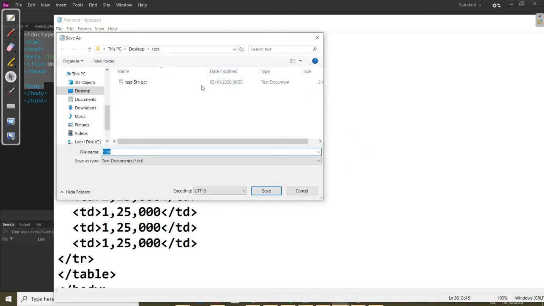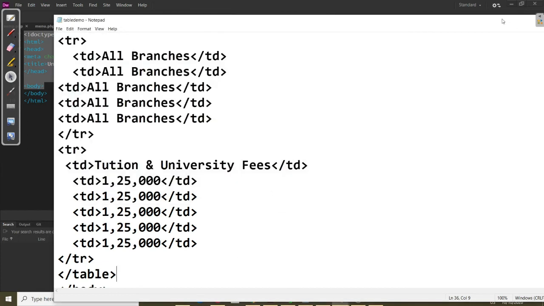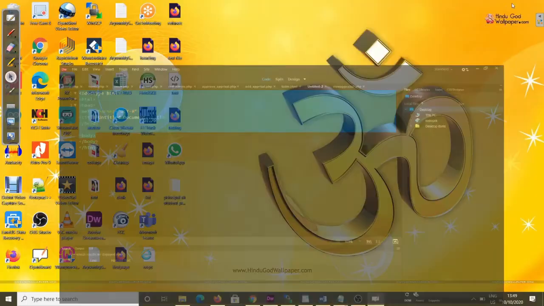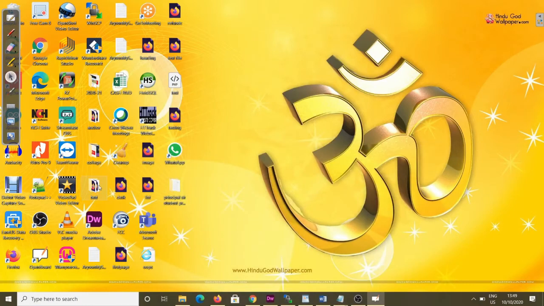Okay, now you can save this file and we'll see the output. Save. I will save inside the test folder, giving here table demo.html. This is my file name, and in the same fashion inside a double quote we can put. Now we'll minimize and open the folders.